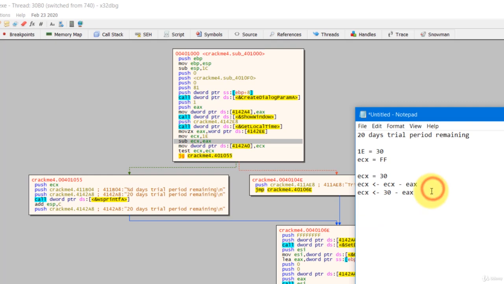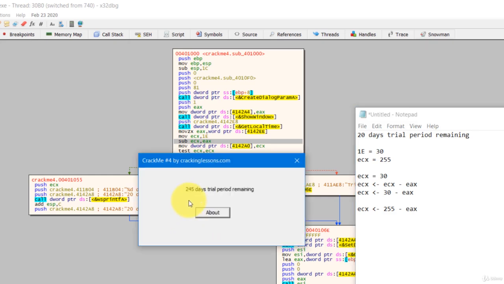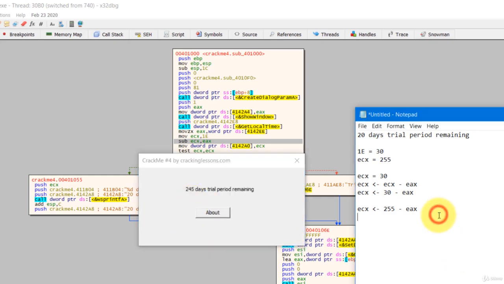So over here, what happens is, because ECX is now 255, you are taking 255 and minus EX, and the result we get is 245. So we are getting ECX will become